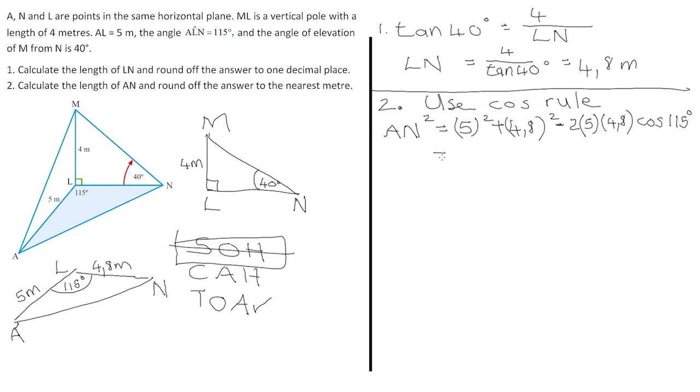Now you can just substitute. That gives you 25 plus 4.8 squared, which is 23.04. And then if you calculate everything together, minus, take note, that gives you a minus